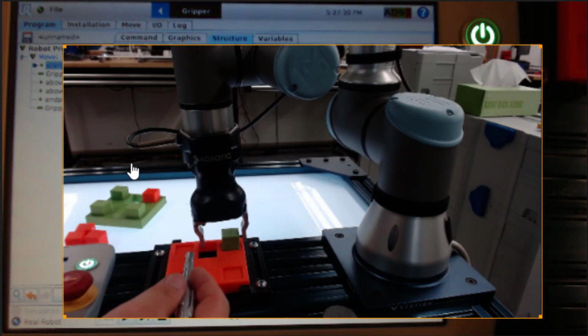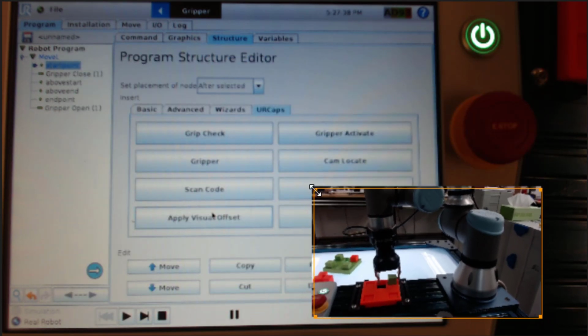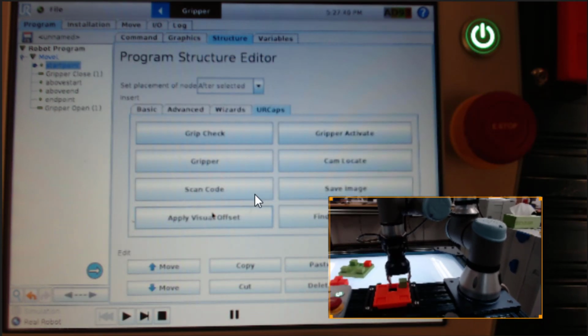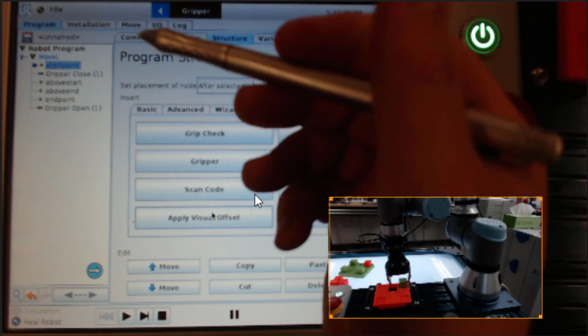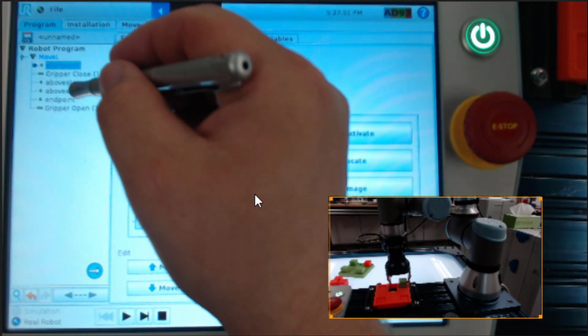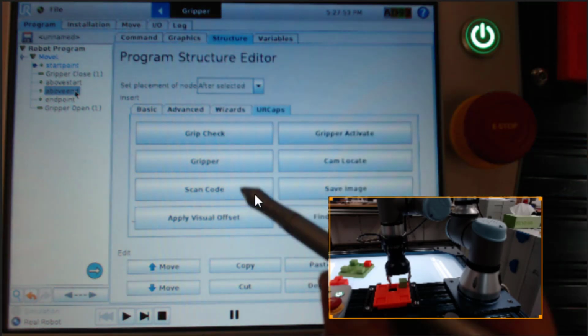To fix that from crashing, let me get the robot view out. Let's copy a position and put it so it goes through the whole circle again, right? So it goes up, over, down. So how we're going to do that, we're going to go to above end. We're going to copy it,